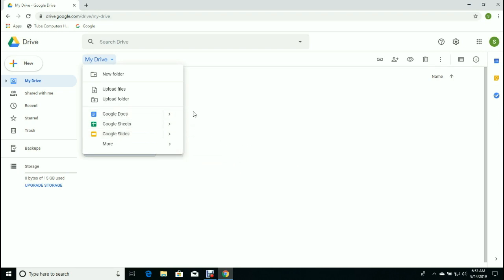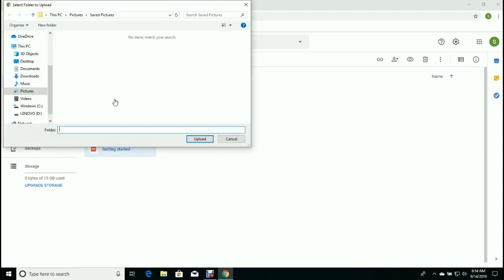There are other things that you find under this My Drive. You can create a new folder to safely store things and keep them organized. You can upload files individually, or you can upload an entire folder. I'm going to upload my Documents folder. If you keep your important documents in your Documents folder and upload that,